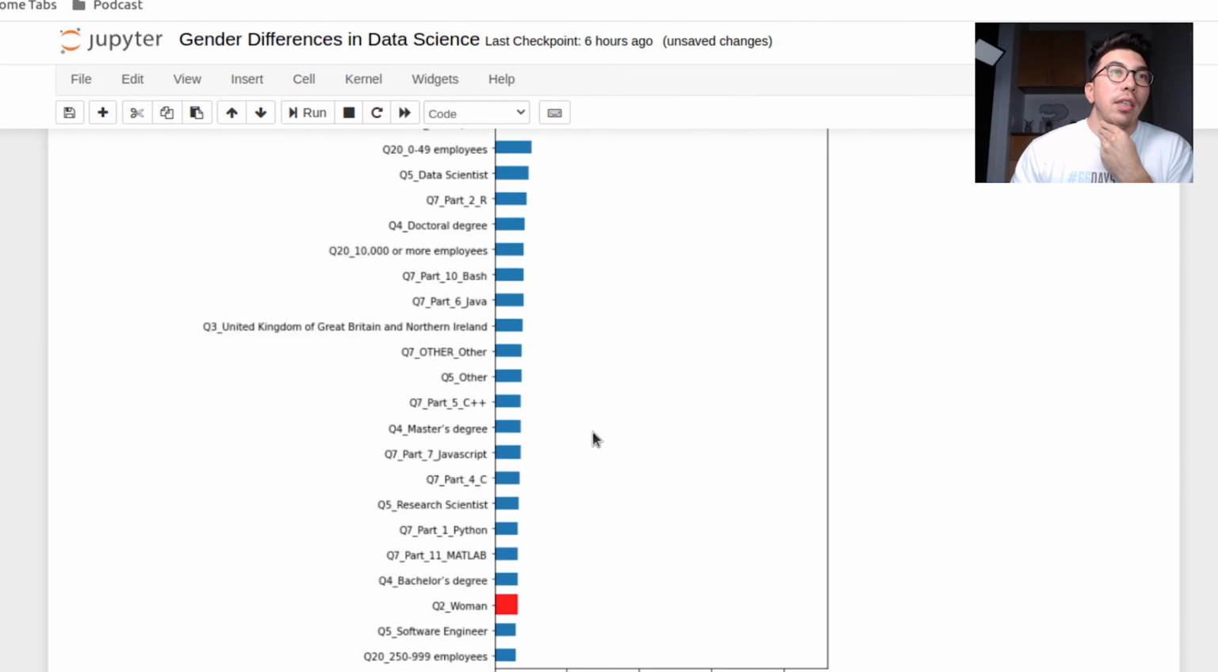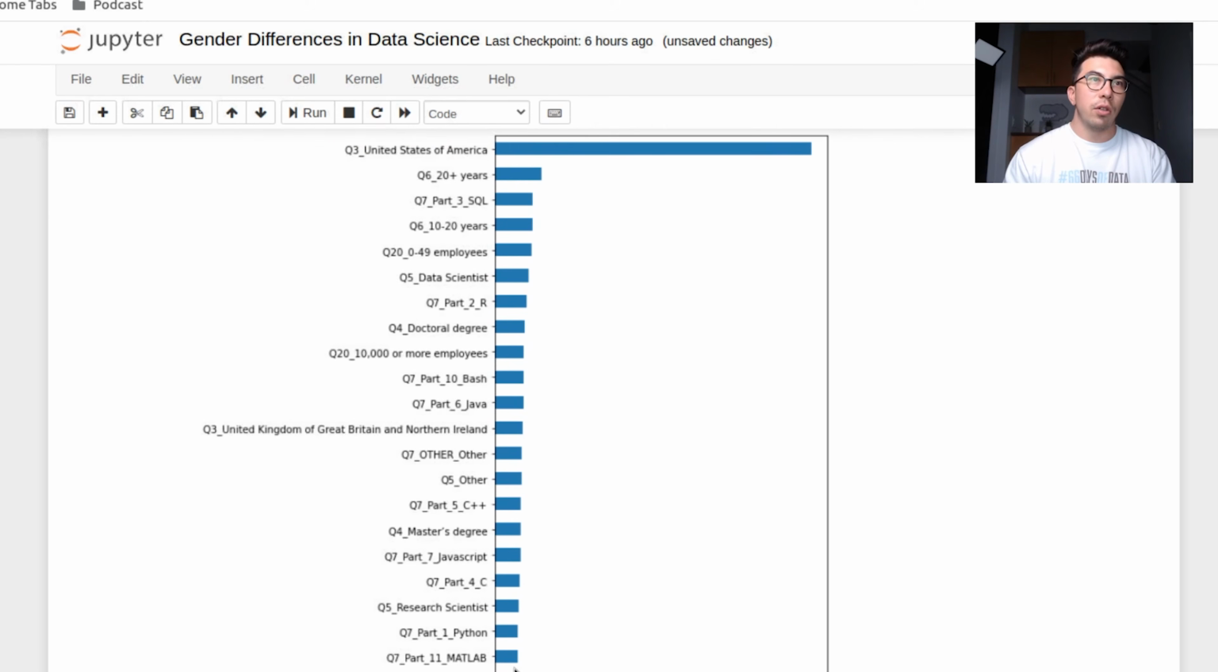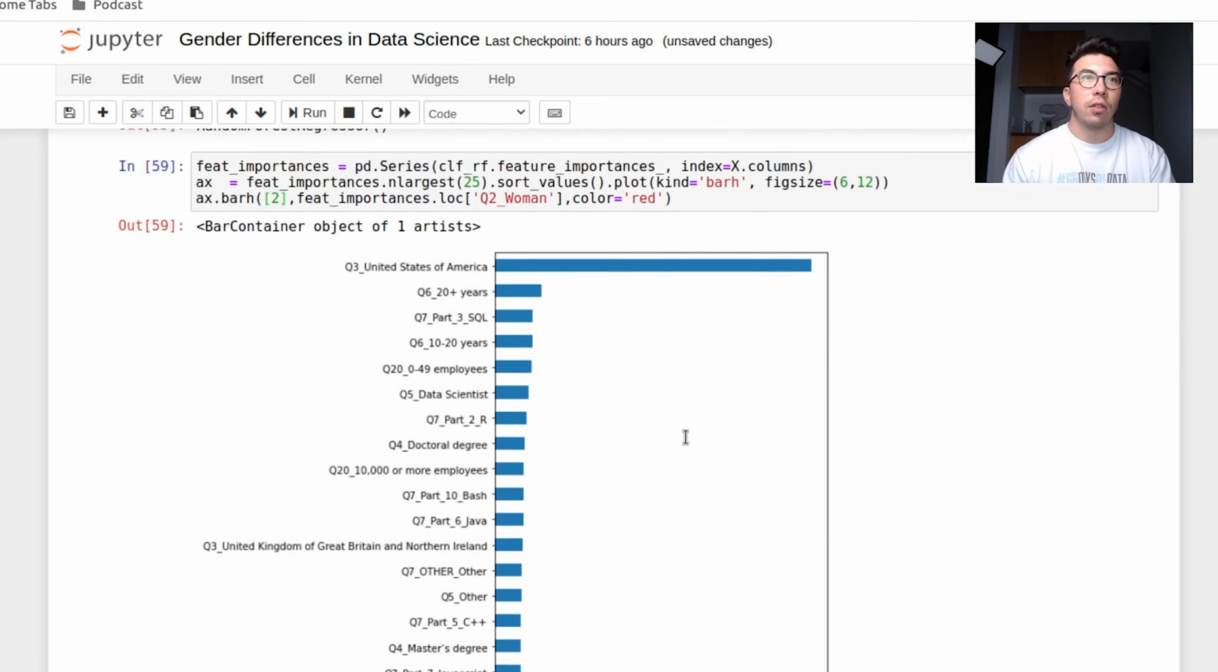But as you can see, by far the feature that has the most importance in the model is if someone's from the US. Next, we're looking at 20 years of experience plus. We have SQL, then the next level experience, size of company, role. R is interesting. That could be a good or a bad thing. Doctoral degree, master's degree. But within this top 25, and there's, I think, around 100 features,